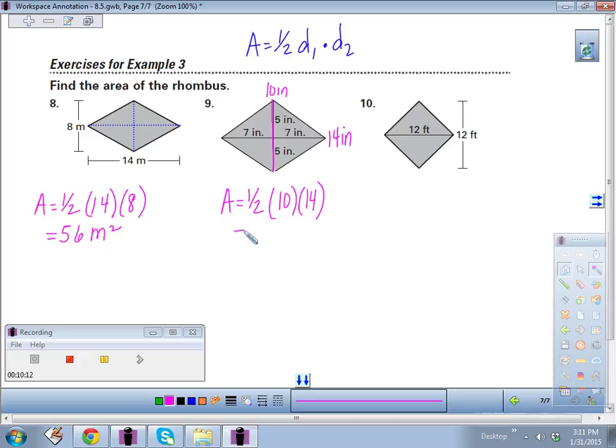And that gives me an area of 70 square inches when I simplify. Number 10, they give me one of the inside diagonals going horizontal, and the vertical one is also 12, so that gives me an area of 1/2, 12 times 12. And so we get that final value to be 72 square